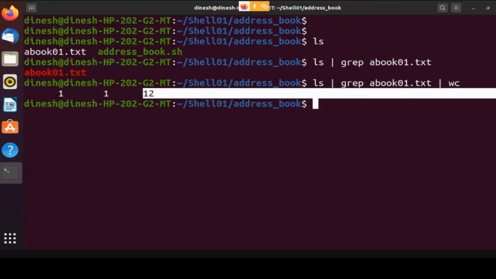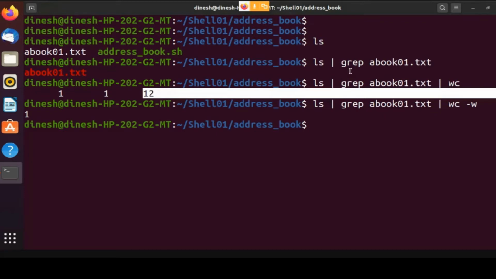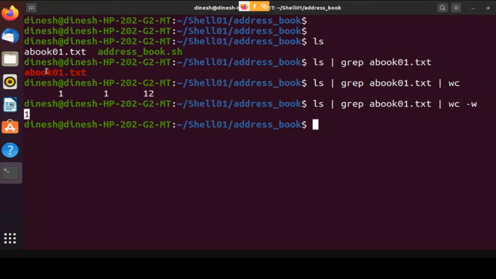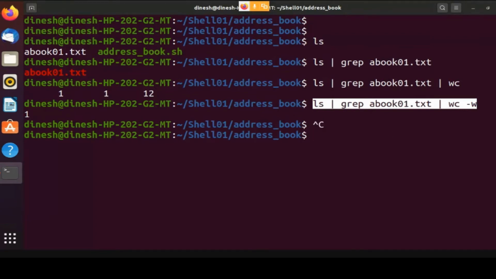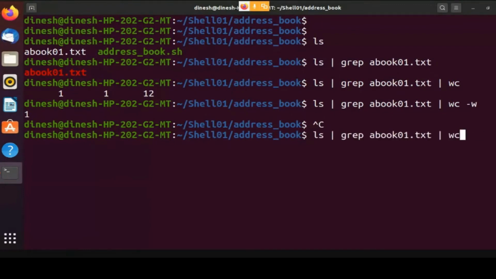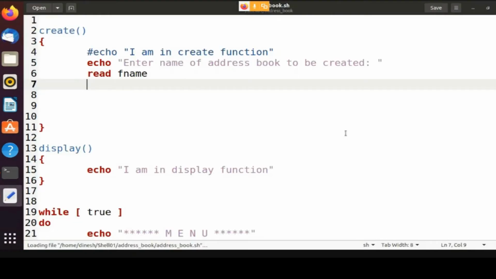But if you say wc -w, it will give you 1, meaning that it is one word. The one word found there means exactly the same name is already present in your directory. Are you getting me? So this command will tell you that the same name is present in the directory. So why do you want to create it once again? So I'll just copy this, and then go to your program, and then what I'll do, I'll say result is equal to, let's say, this.